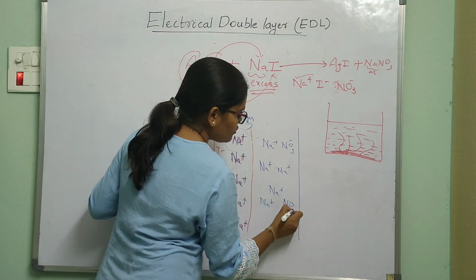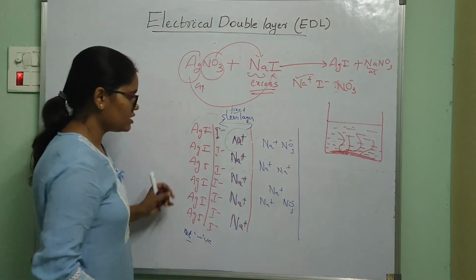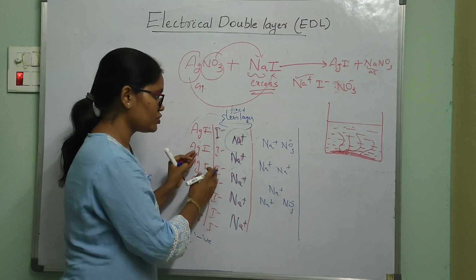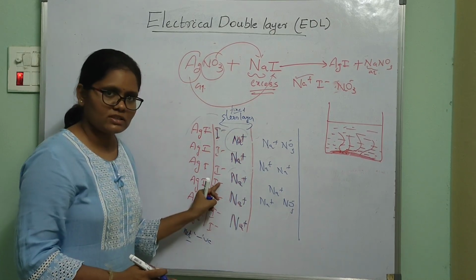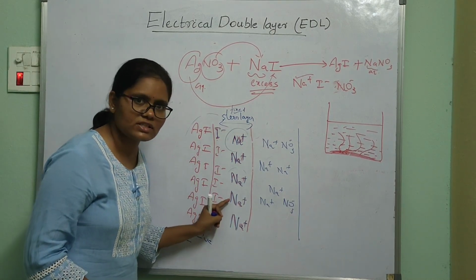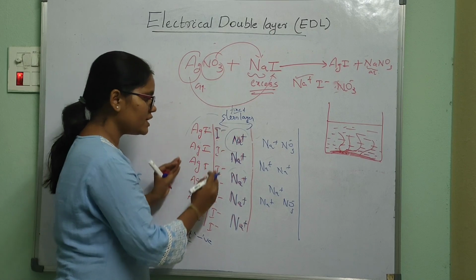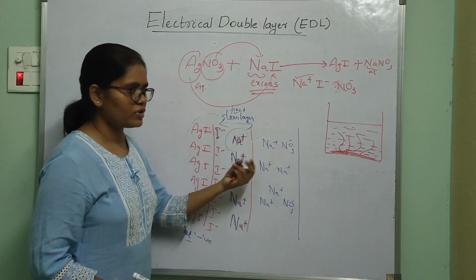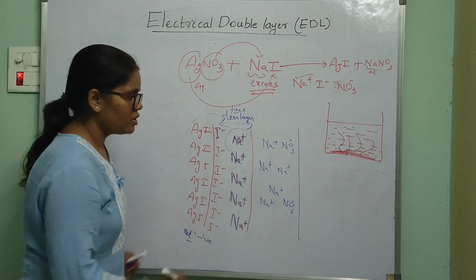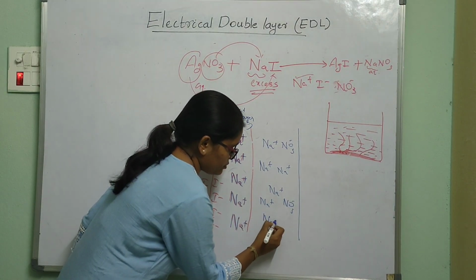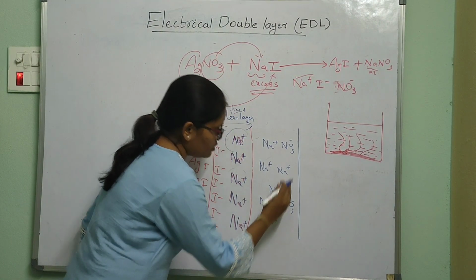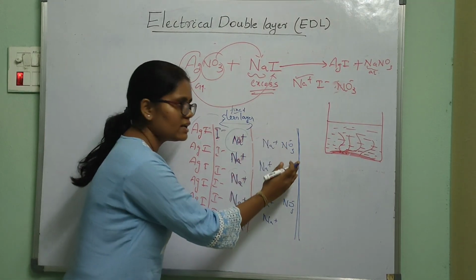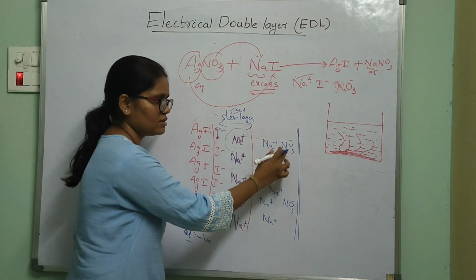But the concentration of negative ions is less here because this colloidal particle has a net negative charge, because it is not completely neutralized by the Stern layer or the counter ions present in the Stern layer. So it will have a net negative charge. As a result, it will attract some more positive ions from the solution. Okay. So, to a certain extent, there will be more positive ions and fewer negative, that is